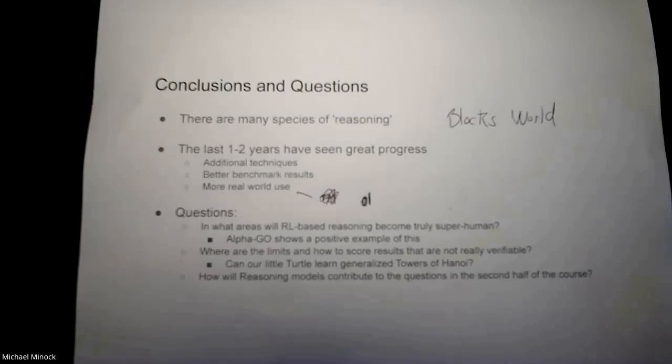I was debating offering extra credit to a student who can take the RL stuff that we did in recitation 2, take Turtle, and implement a really super simple PPO, or even GRPO, on top of Turtle. If anybody does that, I will give them extra credit. But I'm not sure if I want to officially announce that. I probably have to do it myself. But anyway, so many questions. So if anybody has